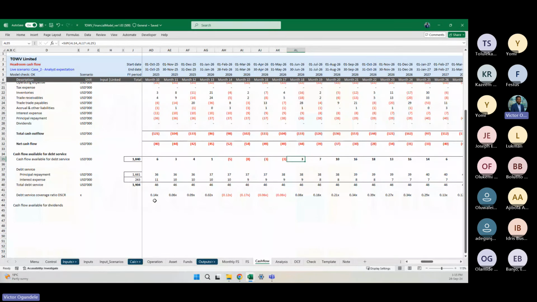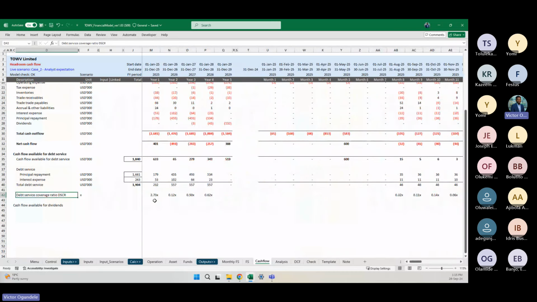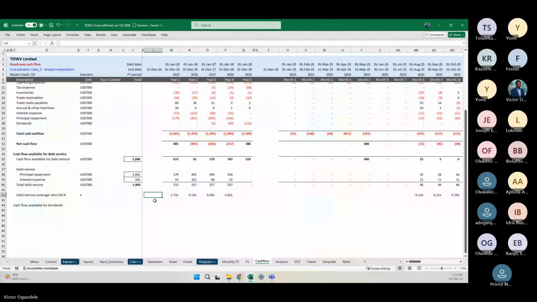But as I said, the whole objective is equity is fixed. There's no equity coming in. So you're just trying to see how you can leverage on borrowings to earn a lot of return from the business operation, right? So now the way it works is they will give you an expected minimum debt service coverage ratio, which you need to measure against what you have. Okay, but before we dive too deep into that, let's now have our cash available for dividends,